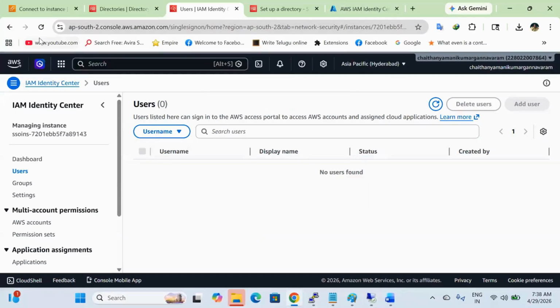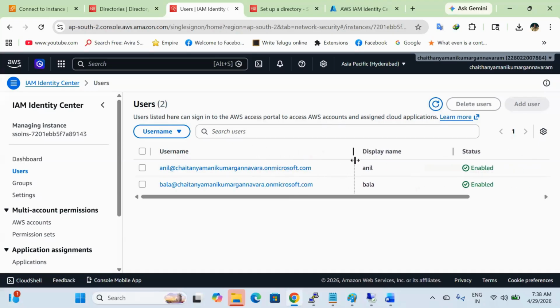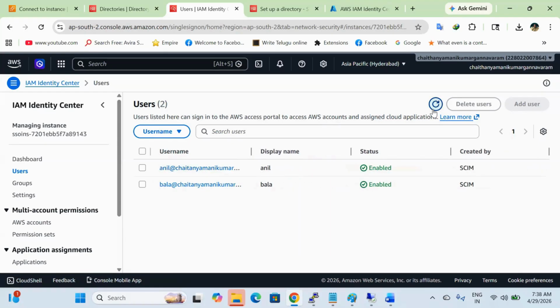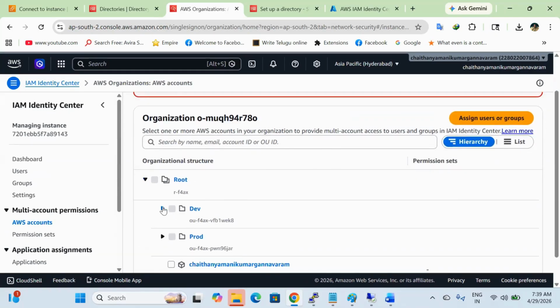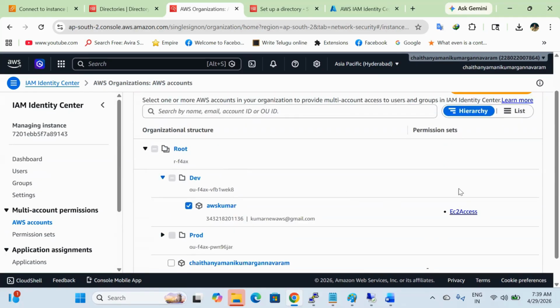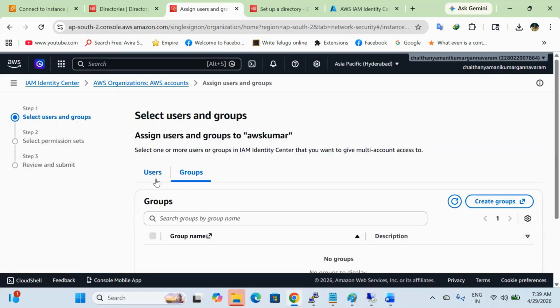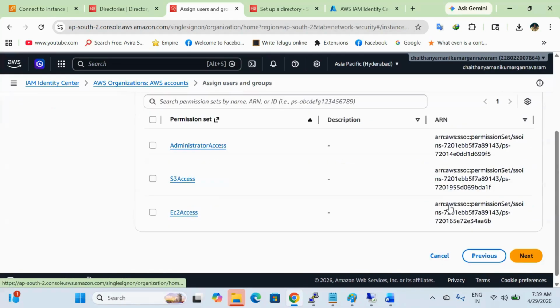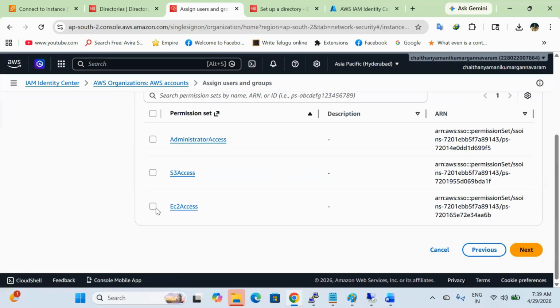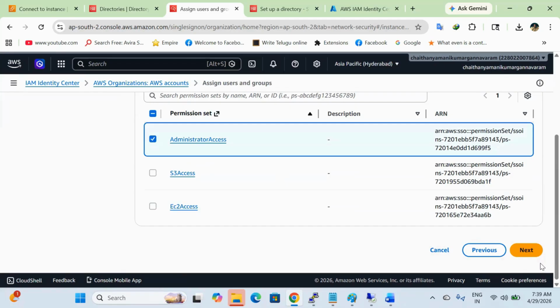So what about the users? Yeah, here you can see we got the users from Azure to our AWS environment. Slowly Chaitanya will also be coming over here. Now I will go to my AWS accounts, assign users and groups. Under the development account for AWS Kumar, assign users and groups, users. Here you can see the Anil user is there. Select the Anil user, next, and what are the permissions that you want to provide. On the development account, I want to provide the administrator access for the Anil user,